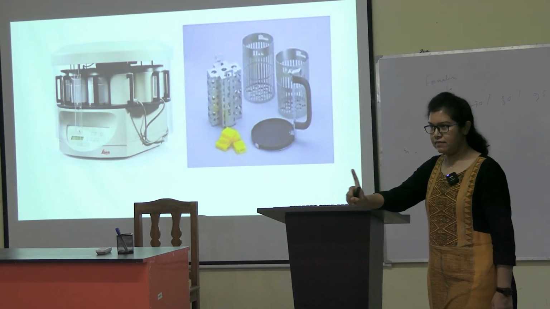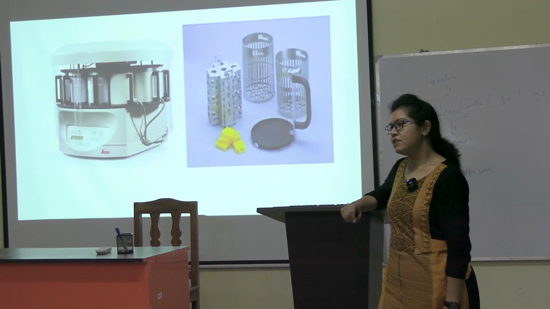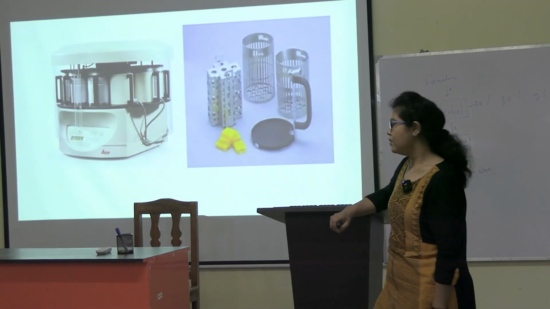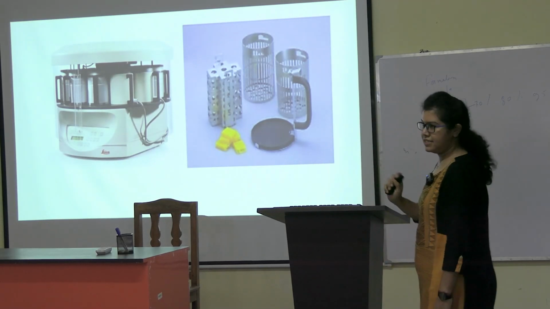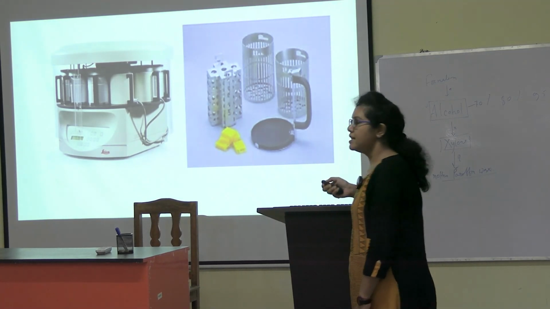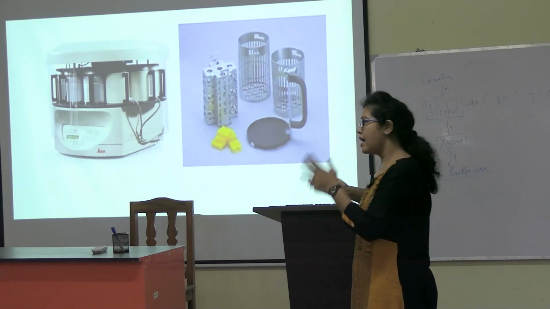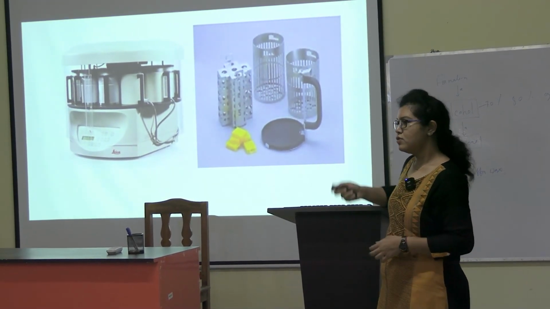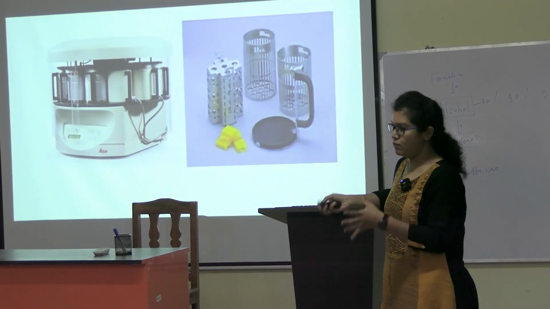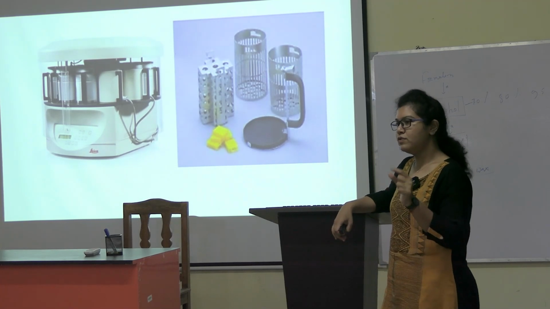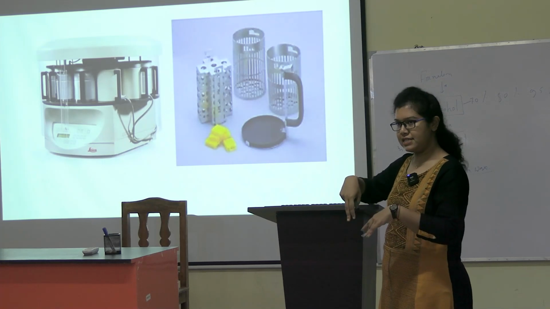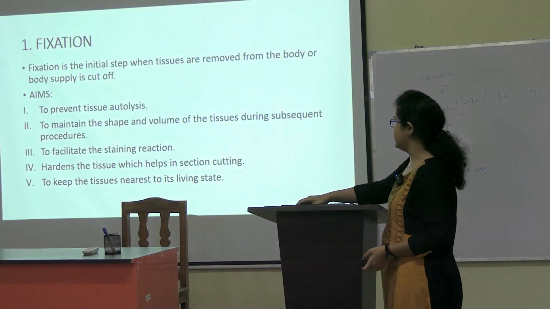Like first, what are we doing? First step is fixation, as you have already learned, okay? So in fixation, what is the reagent we are using? Formalin. So we are using formalin as a fixative, okay? Let us assume that in 1 jar, 2 jar, 3 jar, we are having alcohol. So 1 hour, it will rotate. So a total of 12 hours it will take to fix one small tissue. It's not that you have to put the full specimen there. You have to cut in chunks, small chips, and put them inside this cassette. Then you put it inside the tissue processor so that it will process nicely.